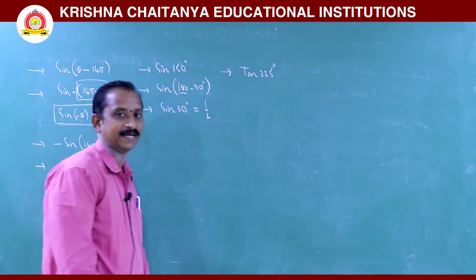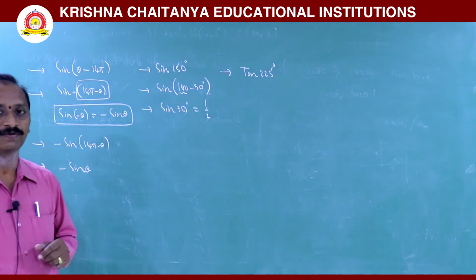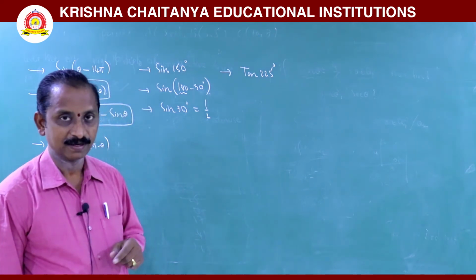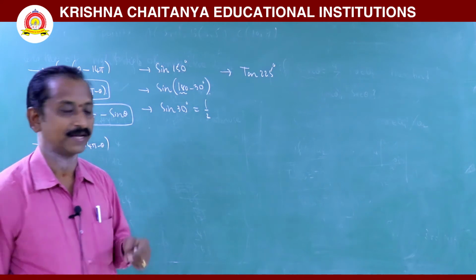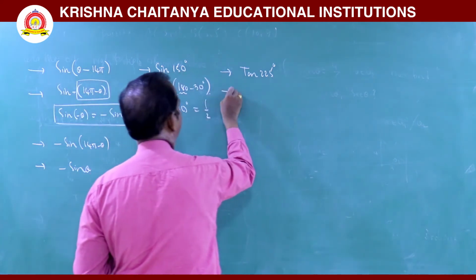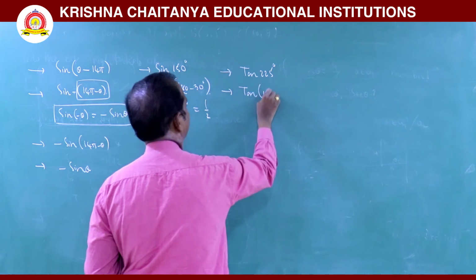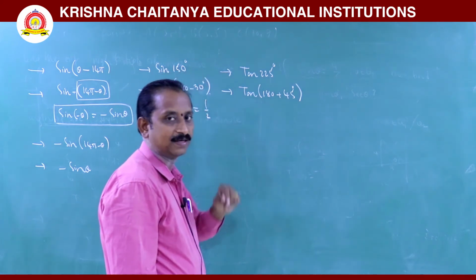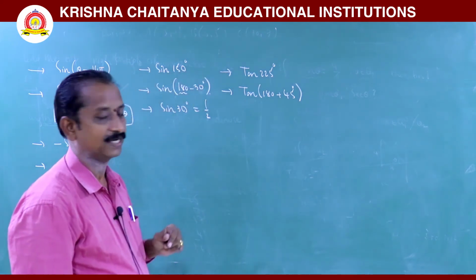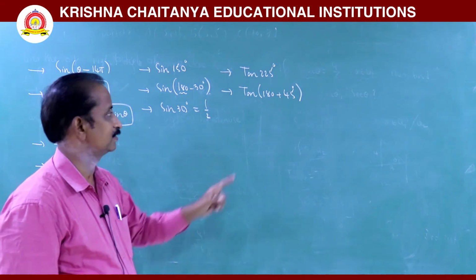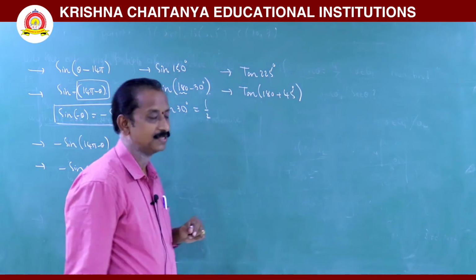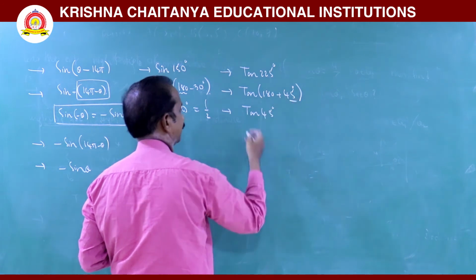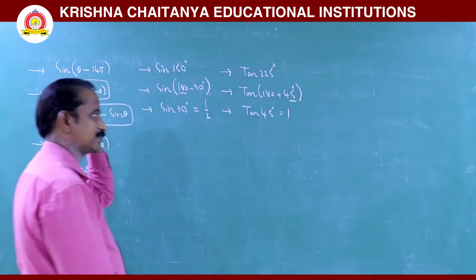How to express tan of 225 degrees? We can write 270 minus 45, otherwise 180 plus 45, both are equal. So, tan 225 is tan of 180 plus 45. 180 plus theta, indirectly pi plus theta, lies in the third quadrant, tan is positive, and at this allied angle, the trigonometric ratio is unchanged. So, the value is tan 45, which is nothing but 1.